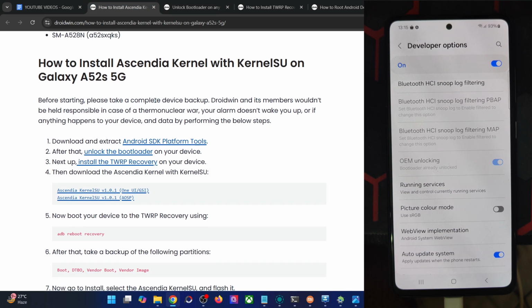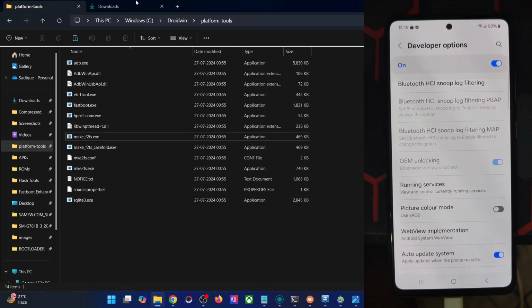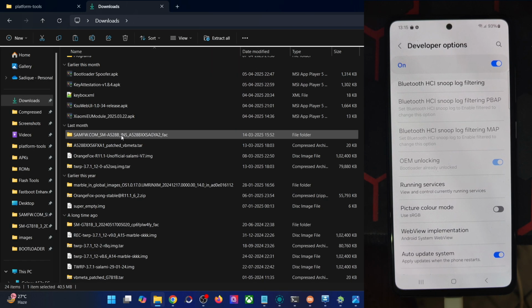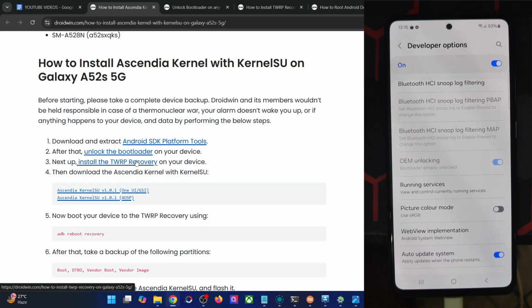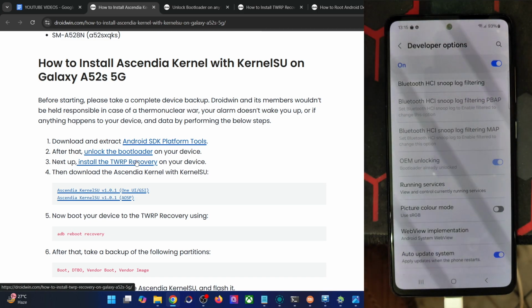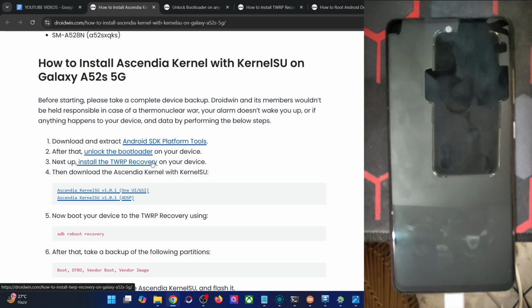So now you have to install the TWRP recovery onto your phone. For that, you will have to get hold of the recovery tar file as well as the vbmetapatch.tar file. So just give me a second. I have both the files over here. Once you have got hold of both the files, the recovery file you could download from the official site or from the XDA as well. Likewise, the vbmetapatch file could also be got hold from the XDA website. So once you have got hold of both the files, let's move ahead and flash the files onto our phone.